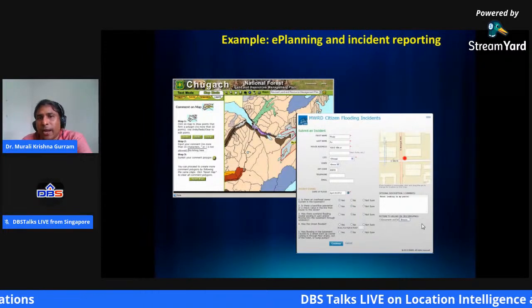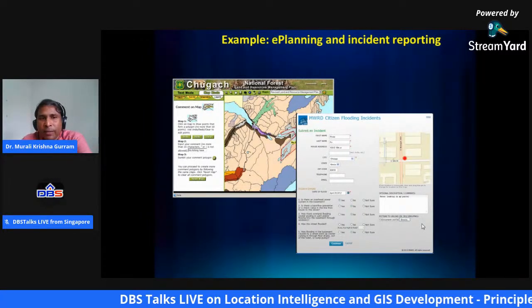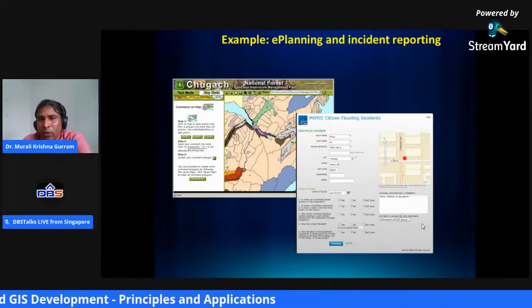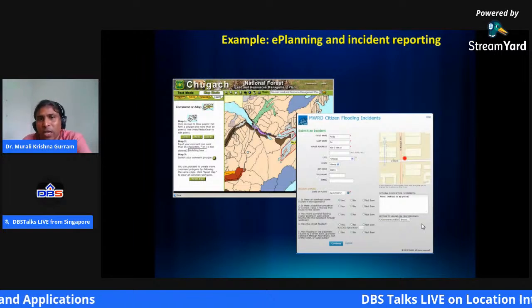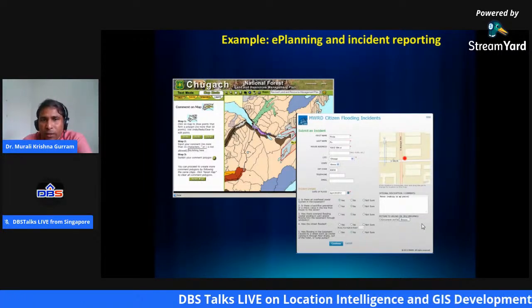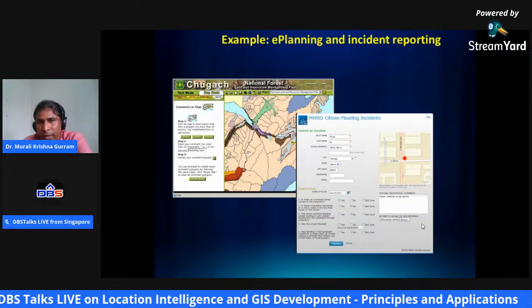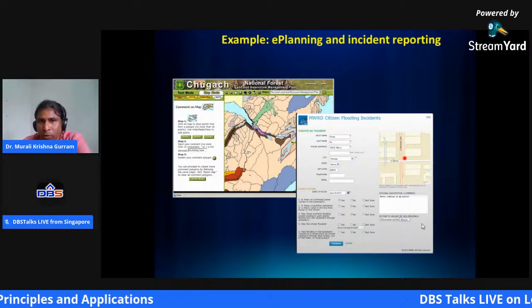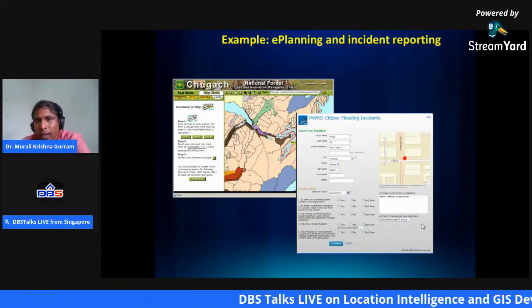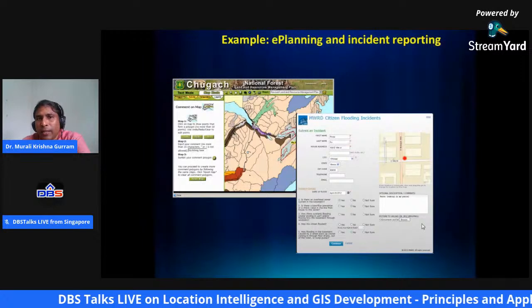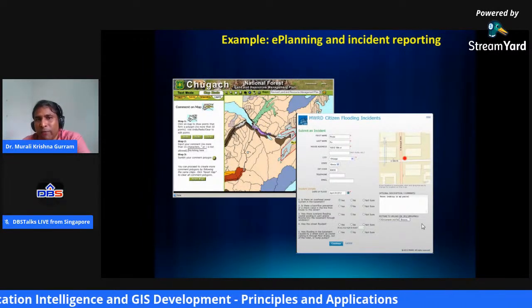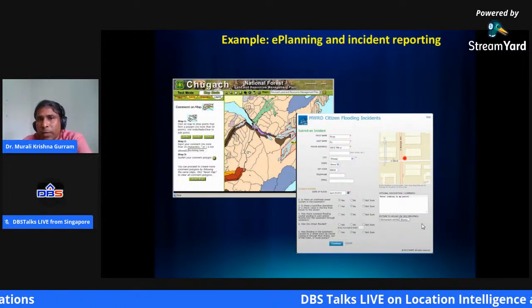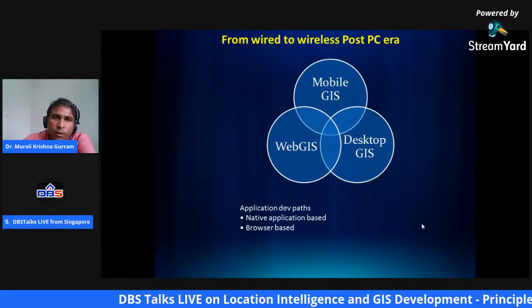So these are the kinds of tools. There are some web services available that provide you ready-made tools. You need not do any computing. Whatever content you have, they have formatted the information that needs to be fed into that system. You just go there, click, and feed in whatever information you have. That's it. It will be shared over the web in a desired format in a click of a second. So that is e-planning, incident reporting, that's what we call it.